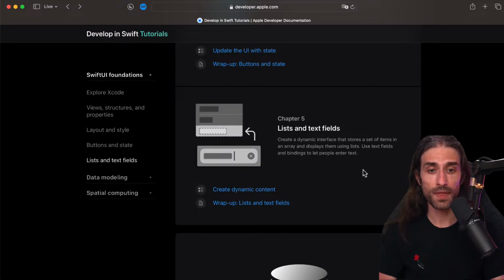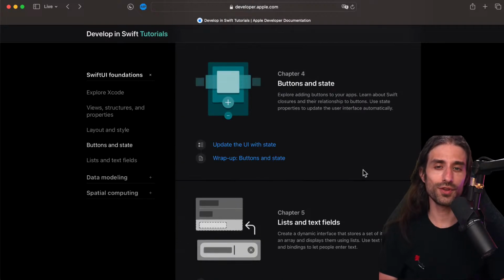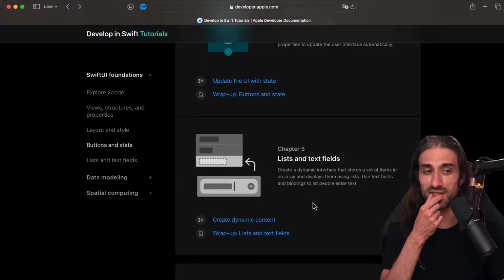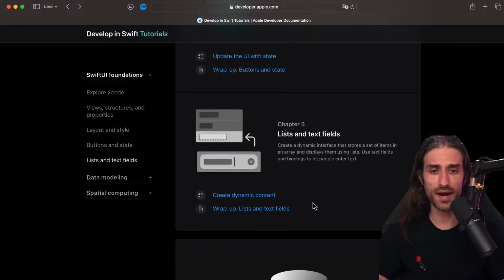We're going to see how to create a dynamic interface in which the user can enter data. Before, the user could enter data, but in a very limited way. They could add a die or remove one, and they could draw the dice. So that was data entry, but you couldn't enter arbitrary data. When you have a text field, you can enter arbitrary text. And we'll see how you build such a UI.